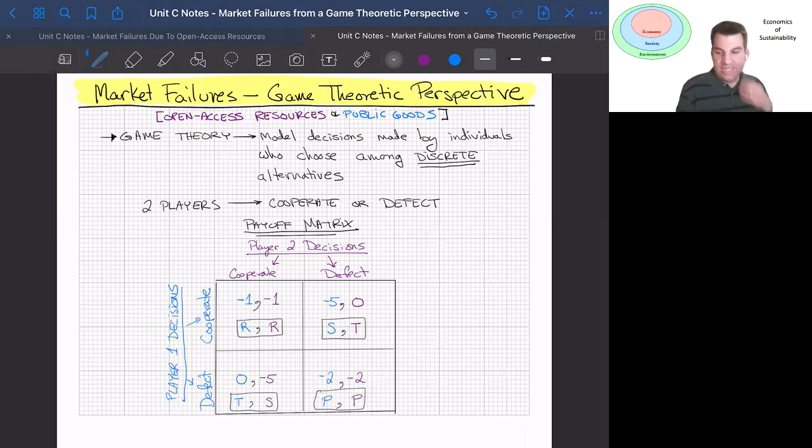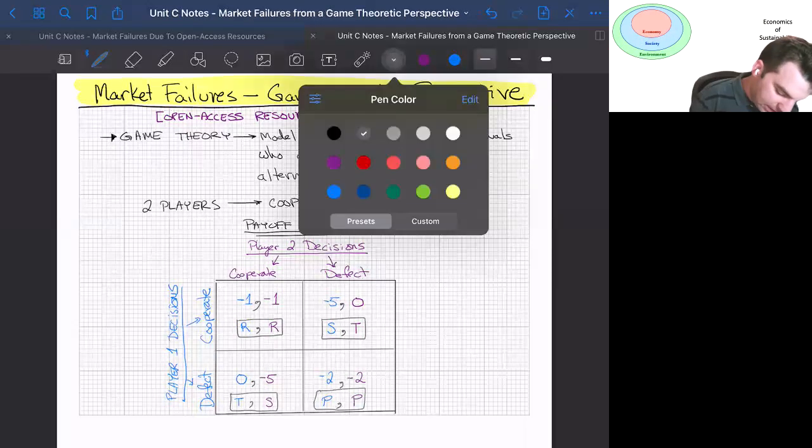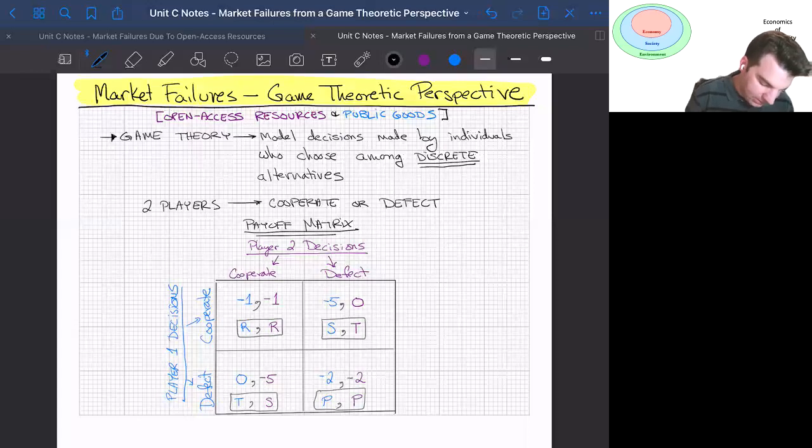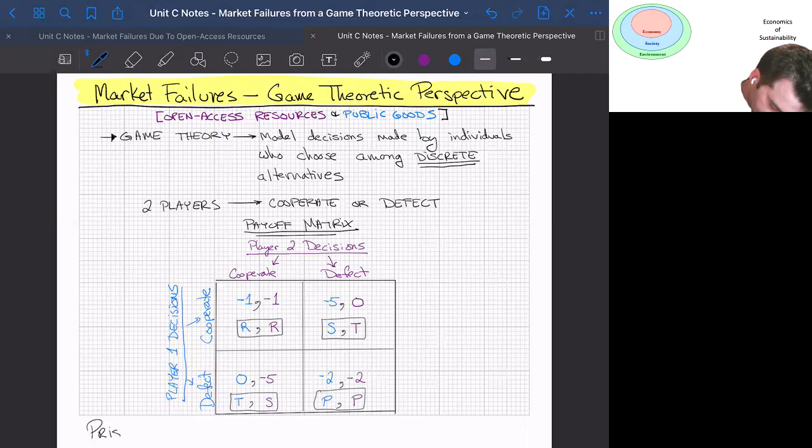And so there you have it. That is the prisoner's dilemma. Now, I guess I should write that in the prisoner's dilemma, you notice that there is a relationship between the quantities. In order for a prisoner's dilemma to be a prisoner's dilemma, you have to have a payoff matrix with these 4 things, T, R, P, and S, and they have to be ordered in that direction. And so, in other words, in order for this to be a prisoner's dilemma,